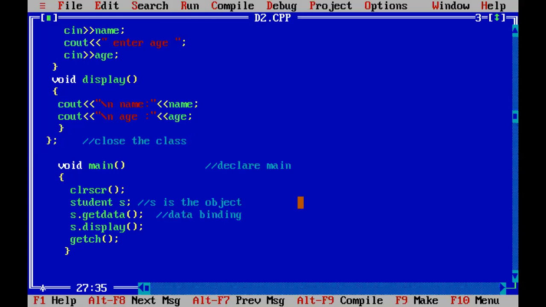So we have declared the object here. Now what is the way to take that data from the member function, to call that data? The way is that we always use the object name with the dot operator. Dot operator is a mediator here which is used to call the data from the upper function.